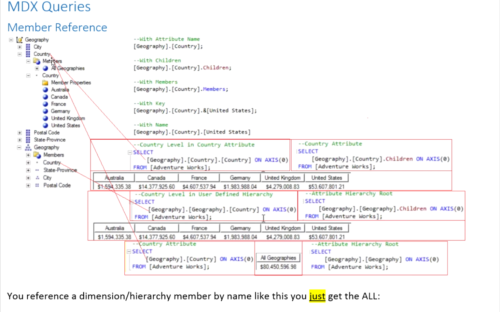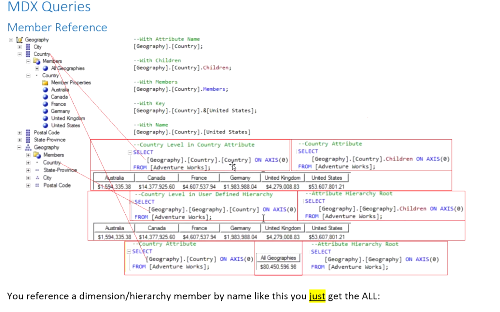So you can see country has members, and then it comes down here, and so you have country, and then you have the members of the country, or the attributes. And so even though this is not a user-defined hierarchy, it's still a hierarchy. So you can see we still say geography is the dimension, and then country is the hierarchy, and then we want country. So it's always dimension, hierarchy, attribute. So you can see, even though this is not a user-defined dimension, it's still a dimension. So all members of a dimension are a hierarchy, because you always use this three-part structure to identify which